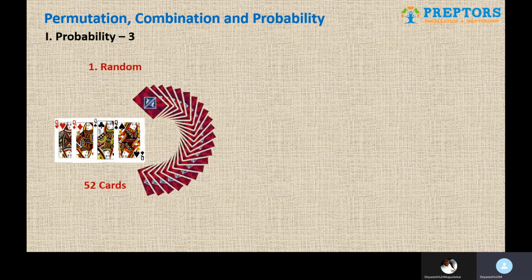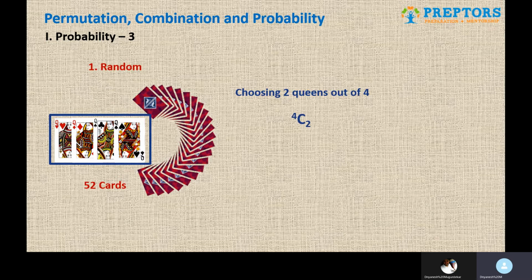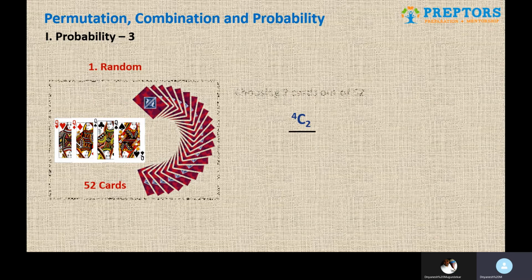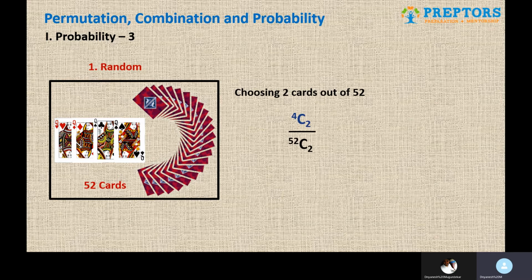So 2 random cards are selected, both are supposed to be queens. Out of 52 cards, choosing 2 queens out of 4 queens can be done in 4C2 ways, but because we are supposed to figure out the probability, divide by the sample space, which is choosing 2 cards out of 52 cards, given by 52C2. So your first answer, for random selection where both are queens, is 4C2 divided by 52C2. Simplification, if it is required based on the options, you can do that, or most of the time you'll find the options in this particular format only.